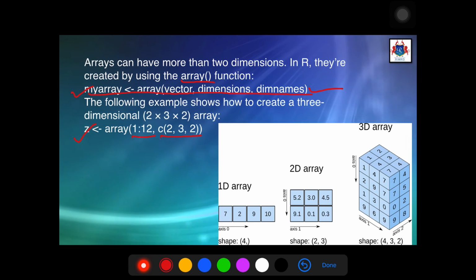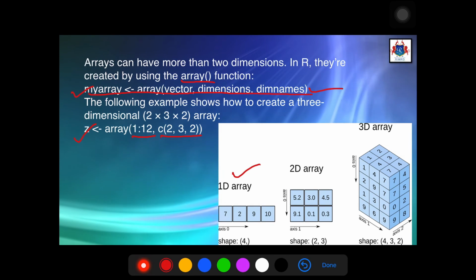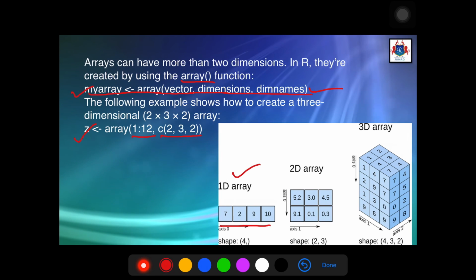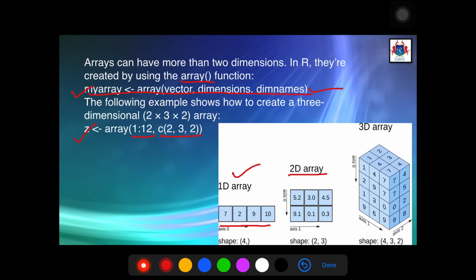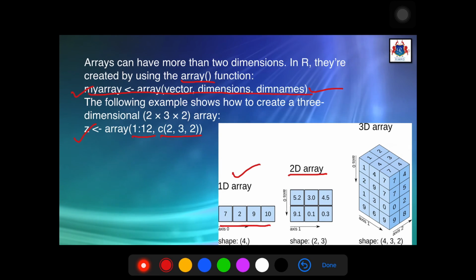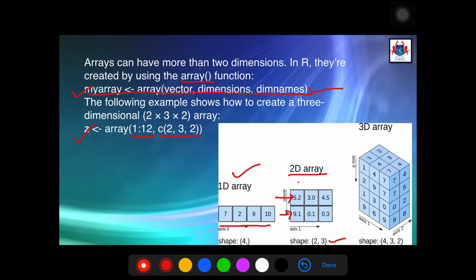So as shown in this diagram, you can see this is a 1-dimensional array which has only a single row. Then a 2-dimensional array can be of 2 by 2, 2 by 3, 3 by 2 or so on. Here it is of a 2 by 3 size, that means 2 rows and 3 columns.